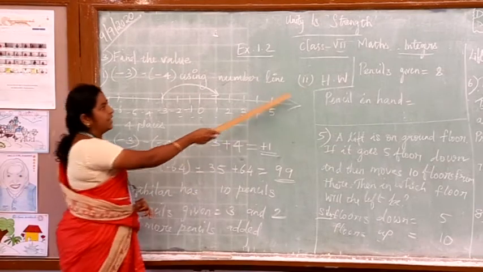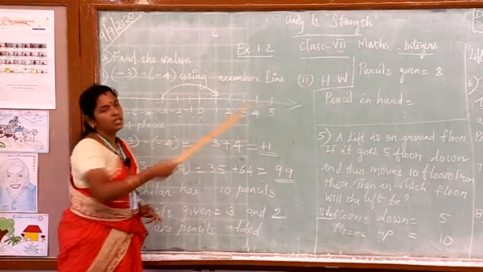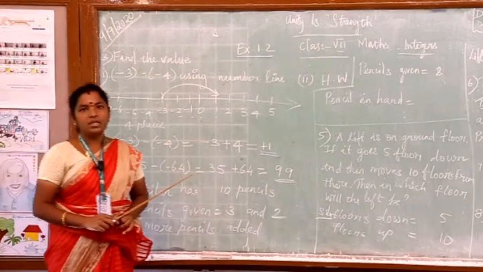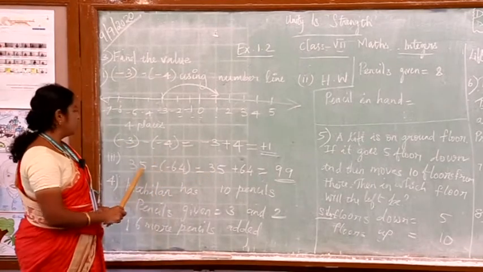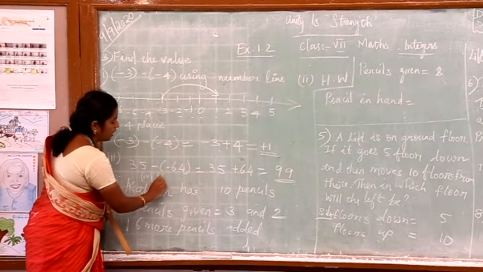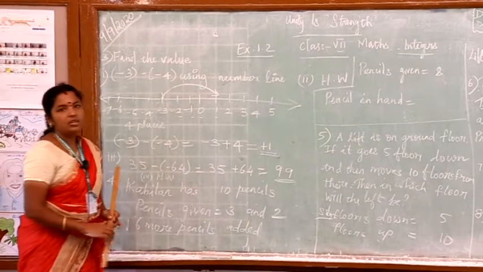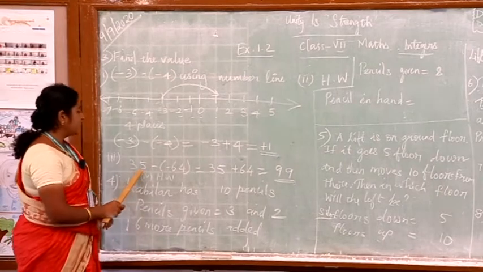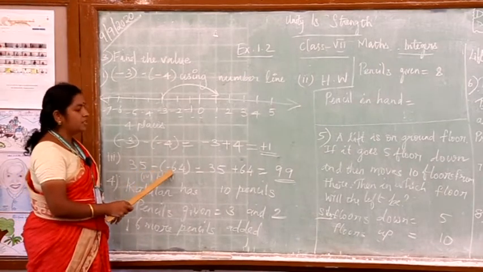You have the second subdivision; use the same method here and do that problem as homework. Now we will go for the third subdivision, and your fourth subdivision will be homework for you. Similar to this, you have to do the fourth subdivision. So, listen, the third subdivision: 35 minus of minus 64.